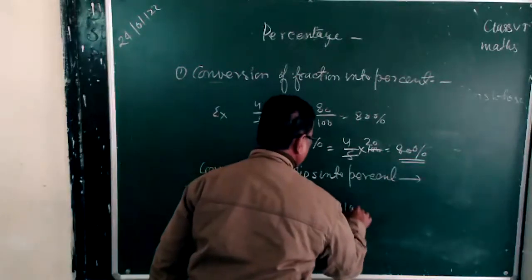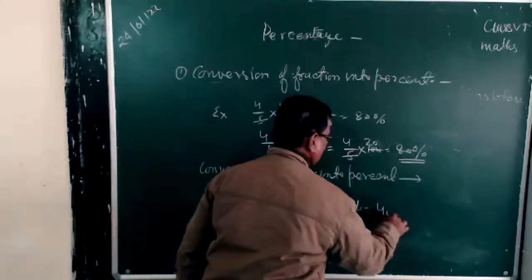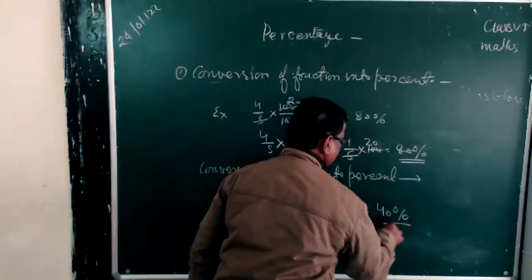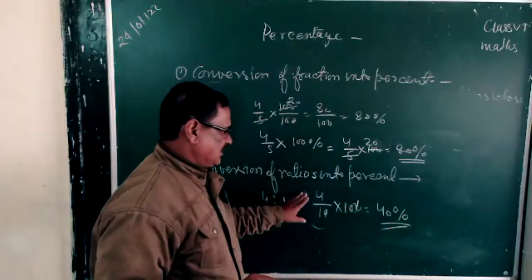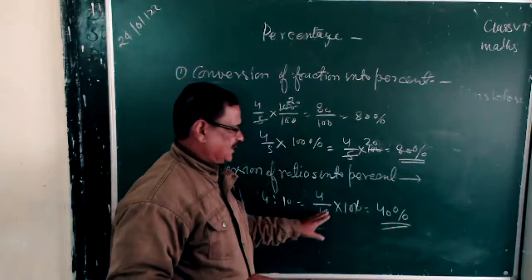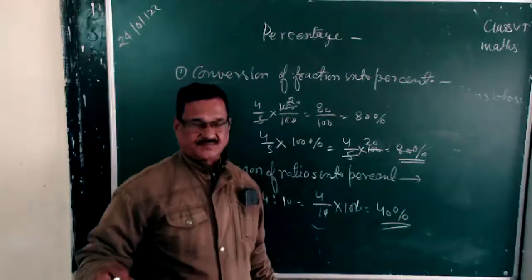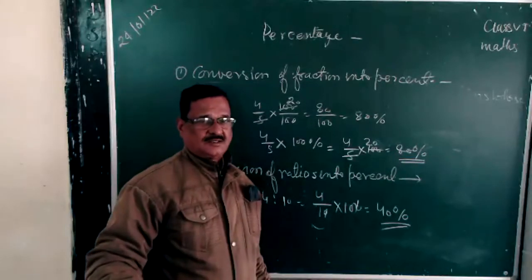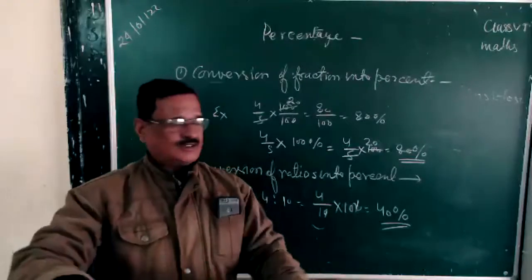Now multiply by 100, the zeros cancel out and there is remaining only 40, and that is 40%. So if a ratio is given, the ratio can be written as a fraction and the fraction multiplied by 100 will change into the percentage. Okay, now see decimal,